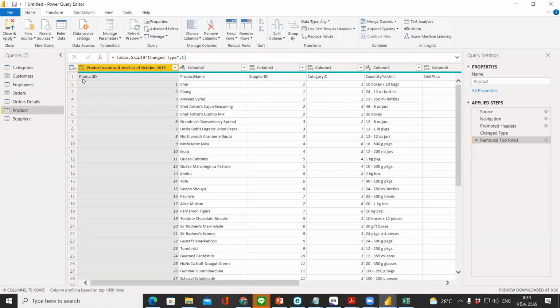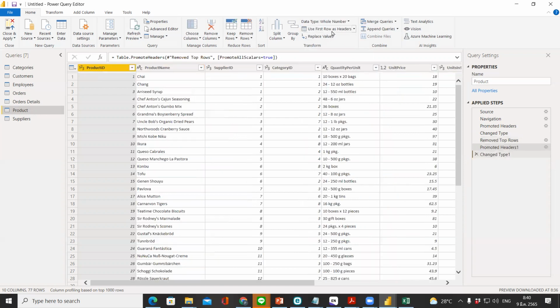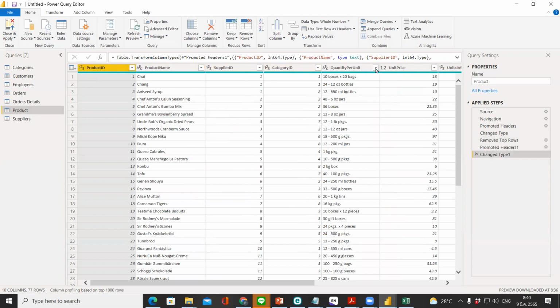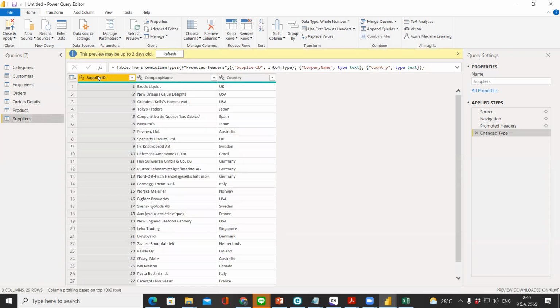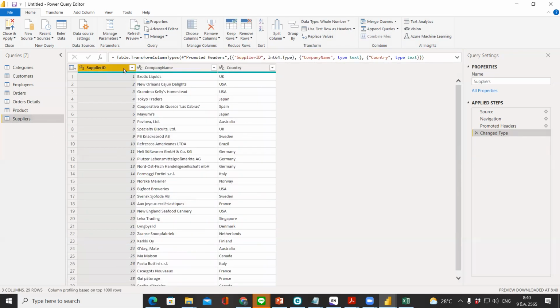So right now, the null row, which means the row that is empty with nothing in there, is eliminated already. You can see that the step that is created is called remove top rows. This is what we want. After that, you can just use first row as headers as usual. And right now, you have the correct headers already. So what is the next thing that you have to do? Okay, after we have checked and found that all the column headings are correct already,